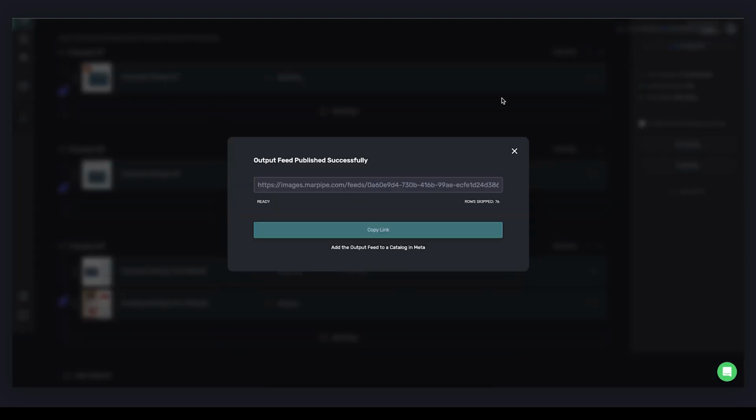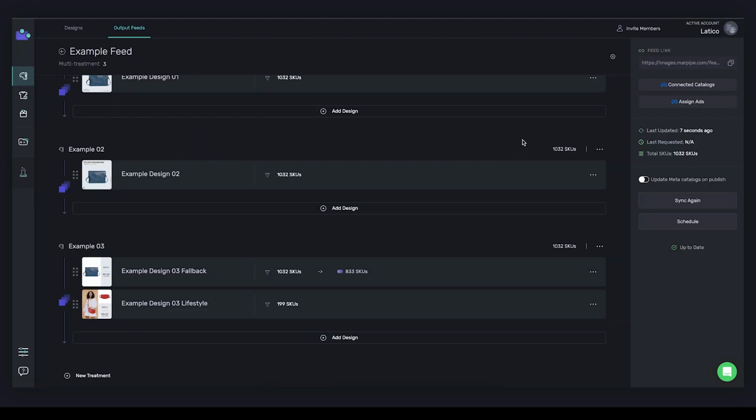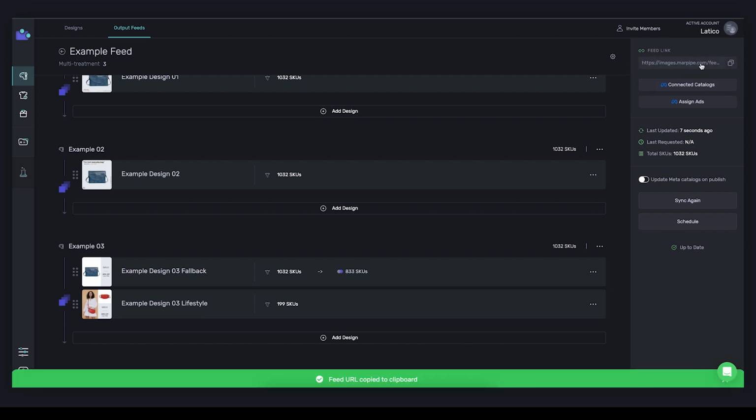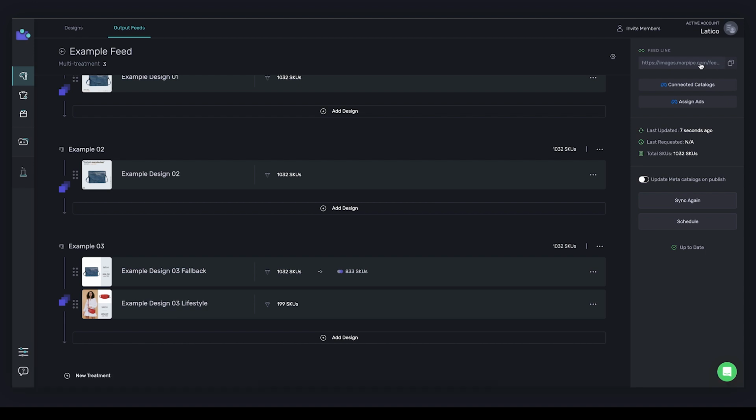Now our feed is done publishing. That's good. We probably had to wait a little bit for that bar to finish, but usually it doesn't take too long. From here, I'm just going to X out of this. What we need to do now that we have a live feed link is get this into Meta. We could just go up here and copy this URL, because this URL represents the Marpipe feed,